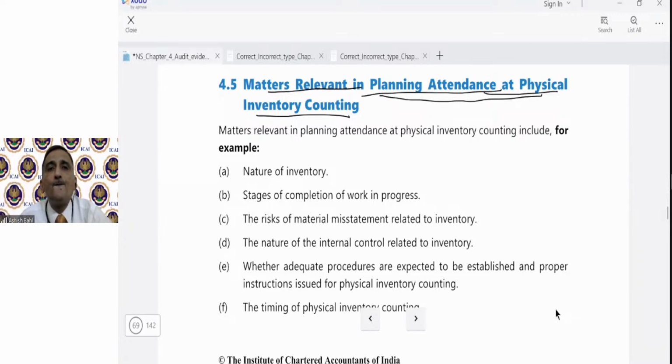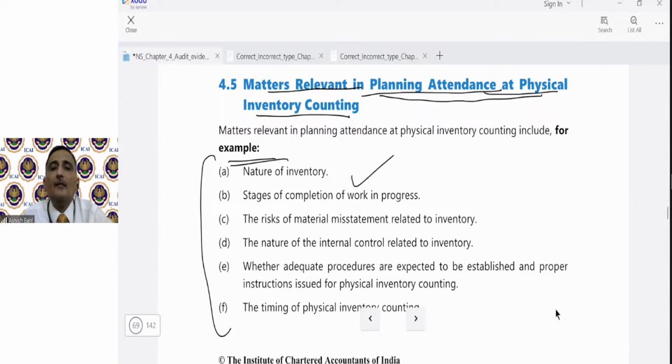वेरीफाई होगा, और क्या चांसेस है, व्हाट आर द चांसेस दैट इन्वेंट्री कुड बी मिसस्टेटेड, और कंपनी का इंटरनल कंट्रोल क्या है इन्वेंटरीज के बारे में. सो दीज ऑल थिंग्स शुड बी रेलिवेंट फॉर प्लानिंग हिज अटेंडेंस. So whenever he plans his attendance at the inventory count, he would be planning about certain things, and in planning those things, these points are relevant, like nature of